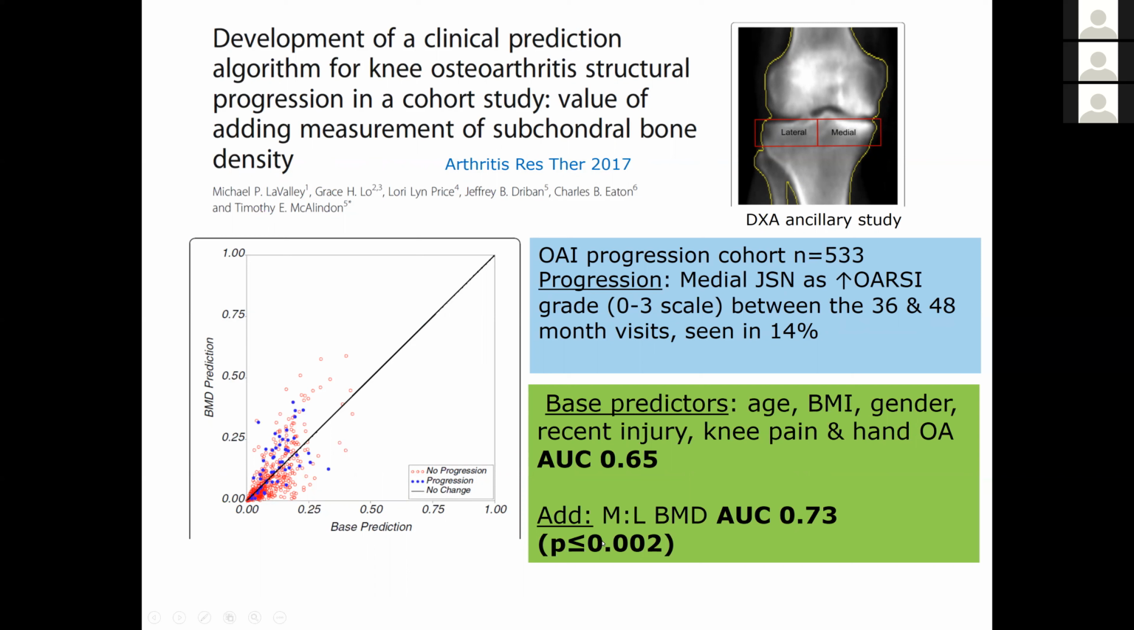But when they added in the BMD measure, and here they were looking at the ratio of medial to lateral BMD, they found they could improve the area under the curve to 0.73 with a significant p-value. So again, adding this bone density measure improved the ability to predict who was going to progress in this particular study. And then just a little bit more